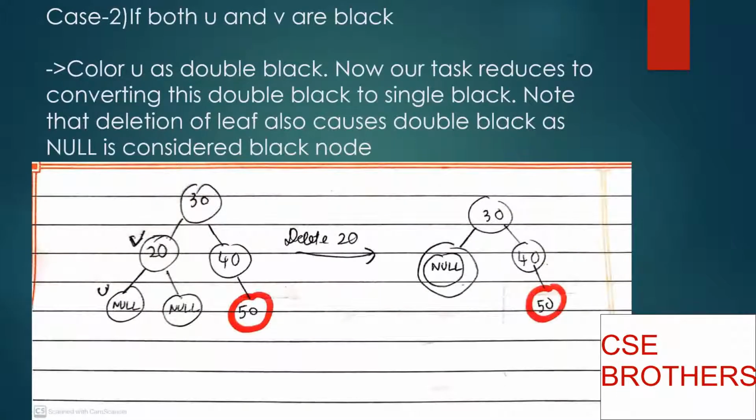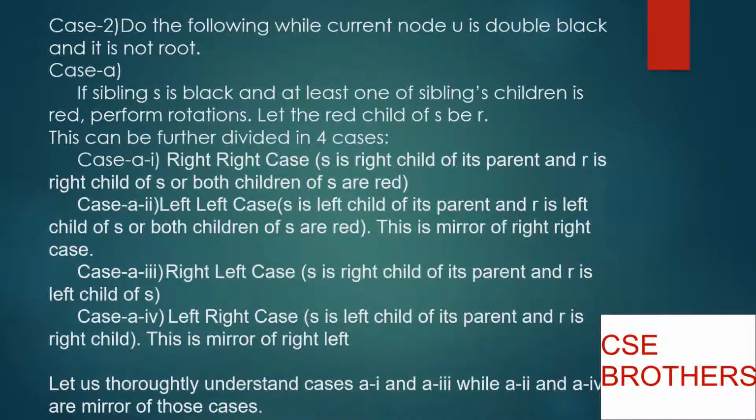Now here comes the concept of double black. So if both U and V are black, then what we'll do is that we'll delete V and we'll color U as double black. Now our task is to reduce this double black to a single black, and we'll see how it is done. So now here begins the subcase 2. We need to do this until the child node U is no longer double black or it becomes